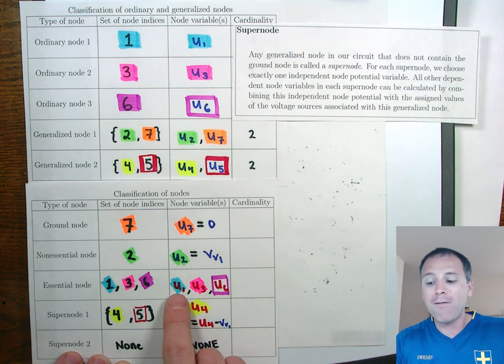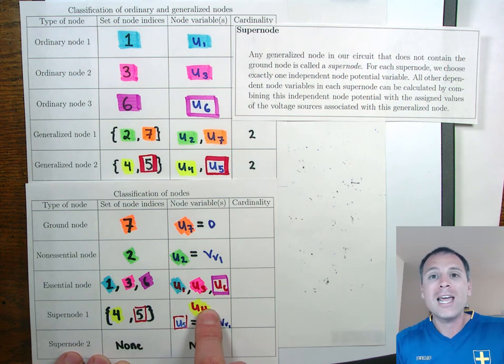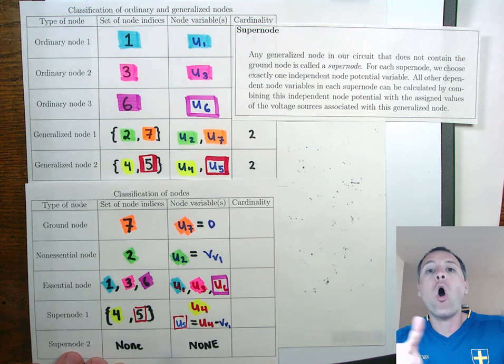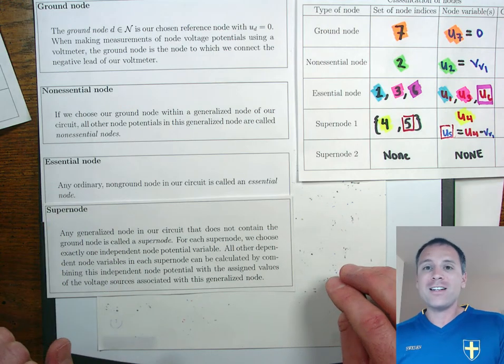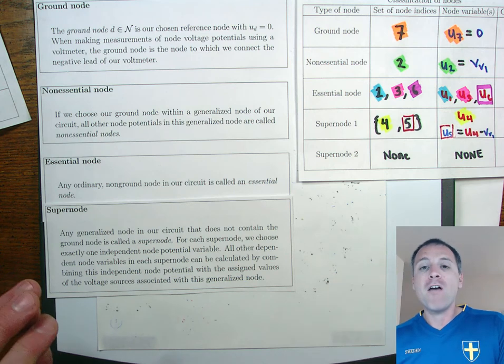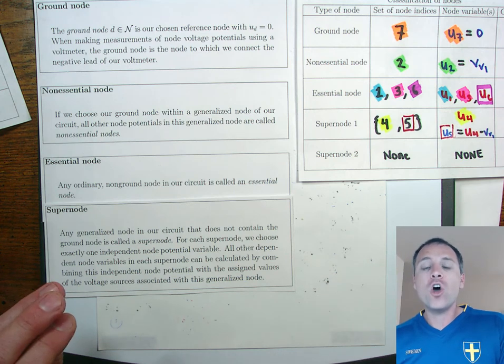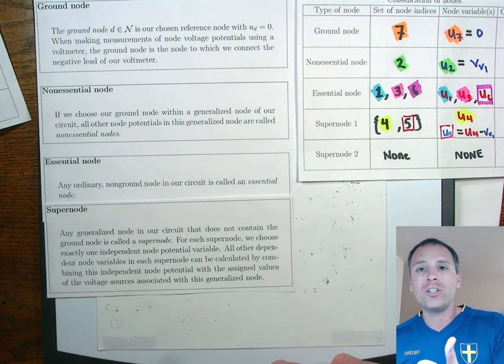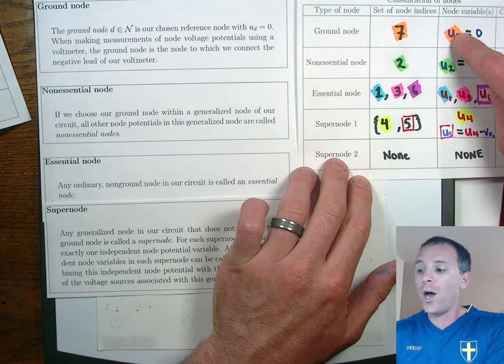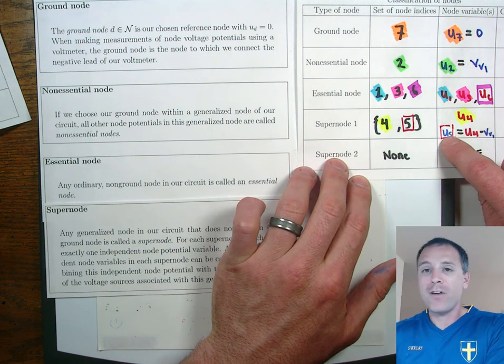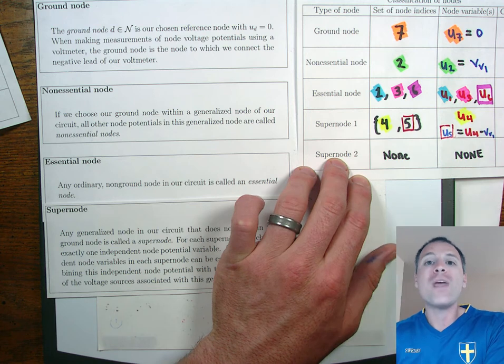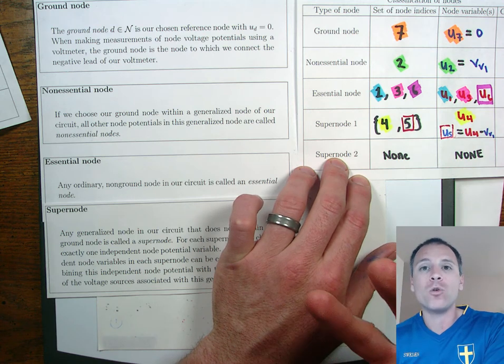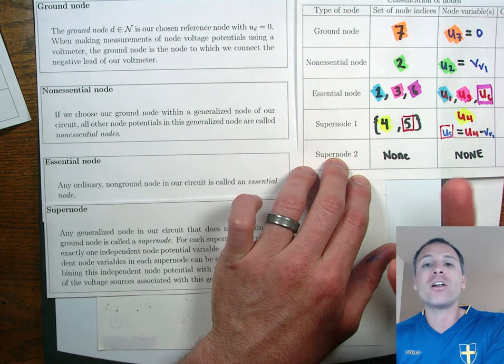The claim is if I get those 4 node voltage potentials, all other information in my circuit comes from those 4. With this, what we've done in step 9 is to make very explicit the node potential variables that we're going to eliminate based either on connectivity of voltage sources or grounding. In this situation, we've eliminated 1, 2, 3 variables. We had 7 total. We have 4 independent variables that we must calculate